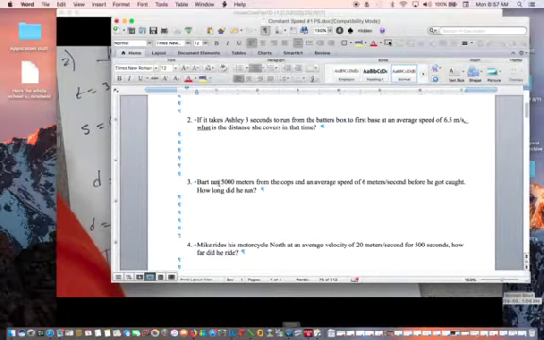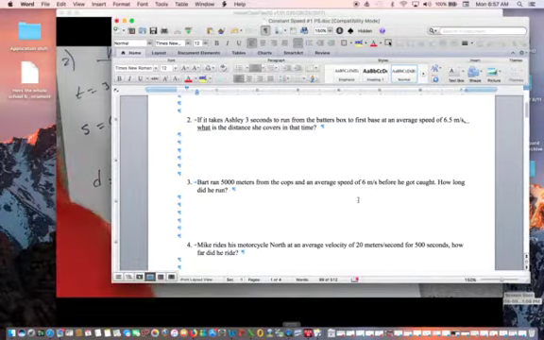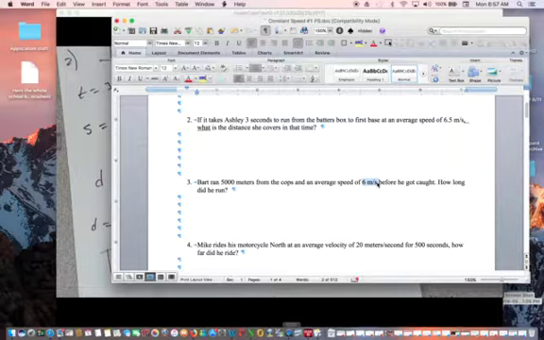So Bart ran 5,000 meters from the police, it appears to be. Bart might have done something wrong. His average speed is 6.5 meters per second. So remember, it could look like this, and you'll have to recognize that 6.5 meters per second is actually a speed and not a distance. That is a speed. You have to stop and think. So if you have a no find table,